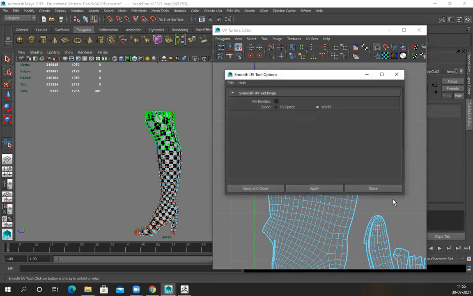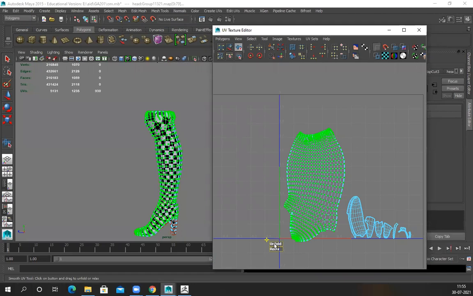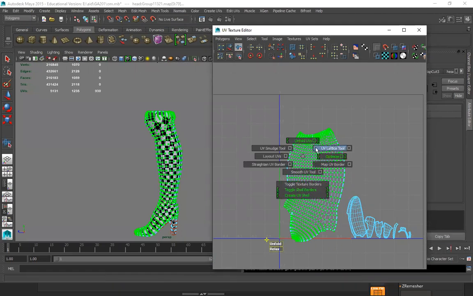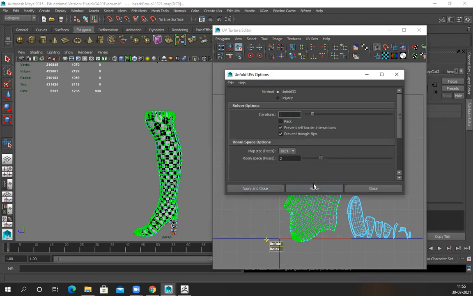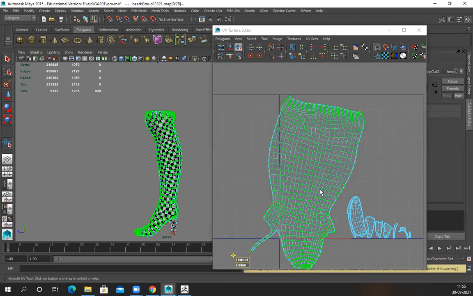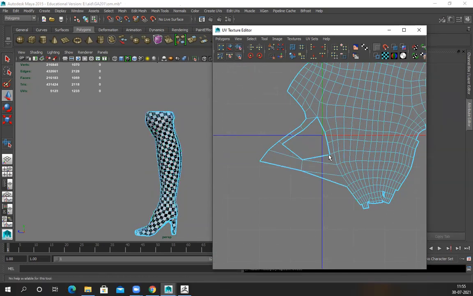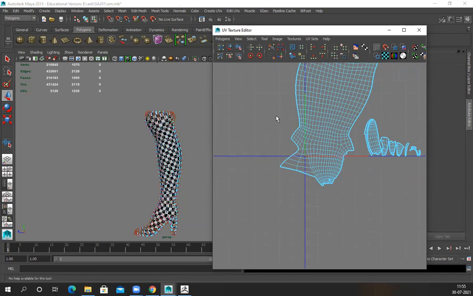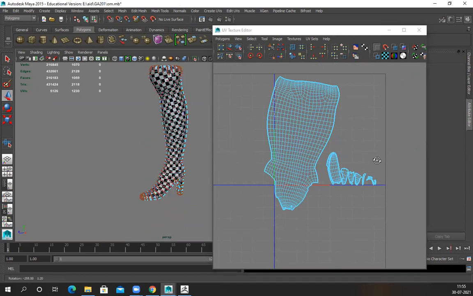Smooth, pin is on. Pin, unfold, corrected. So everything is clean.